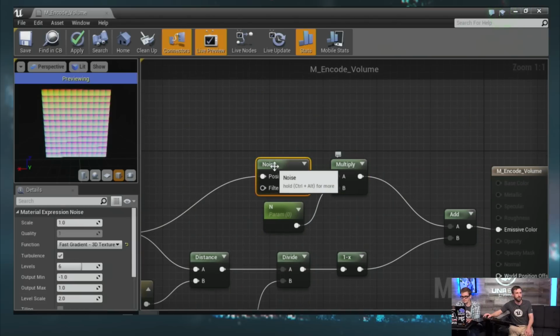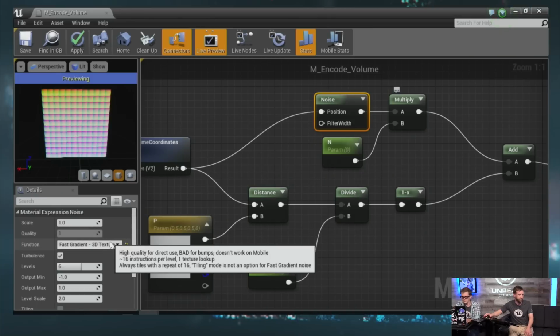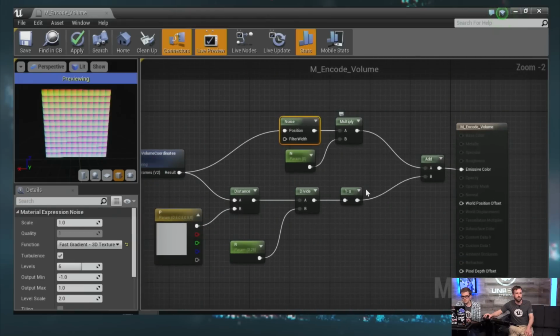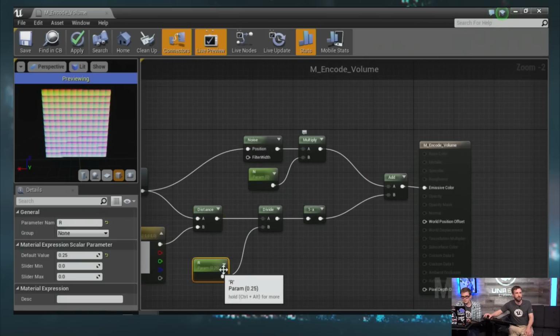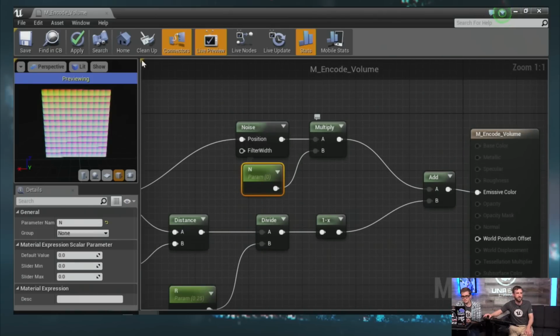And then you can go ahead and sample things like the noise node, which here we're using fast gradient 3D texture because it's the fastest one. And then we're combining it with the sphere mask by simply getting the distance to a point and then dividing that by a certain radius. And we're using it to offset the distance here. So that's why changing the amount of noise just by changing this n parameter is what allows the field to